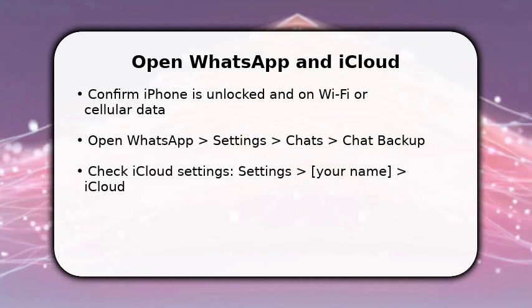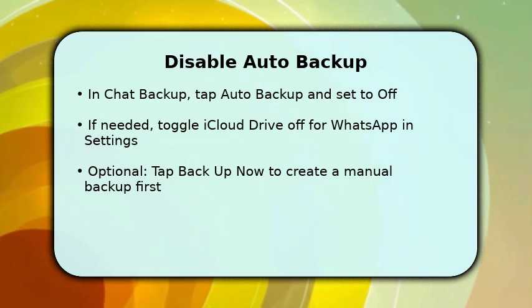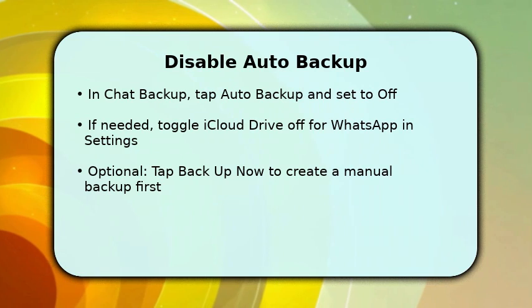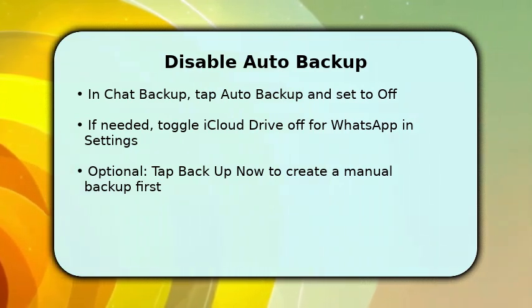You now disable automatic backups inside WhatsApp. In Chat Backup, tap Auto Backup and select Off. This prevents future scheduled uploads. If you prefer an extra safety step, tap Backup now before turning off Auto Backup so you have a recent